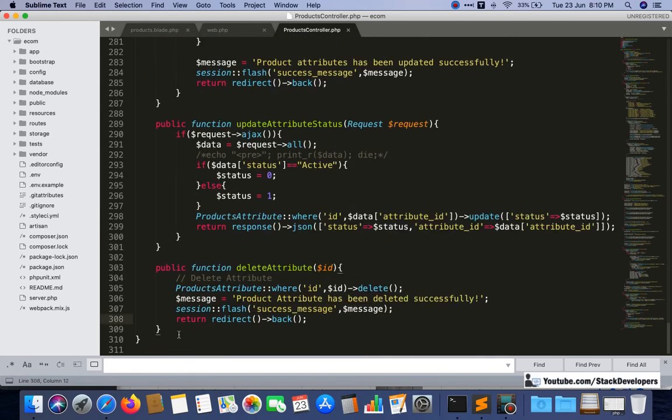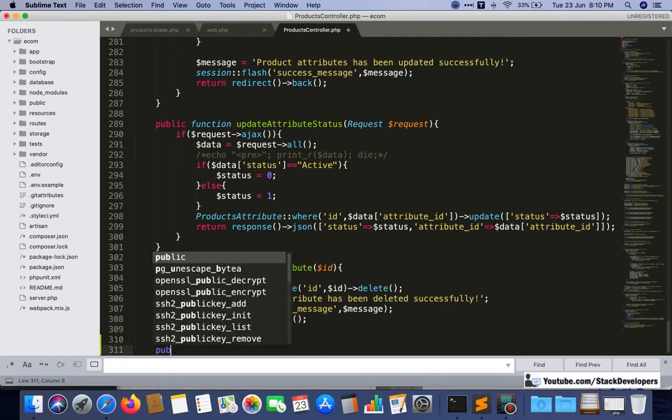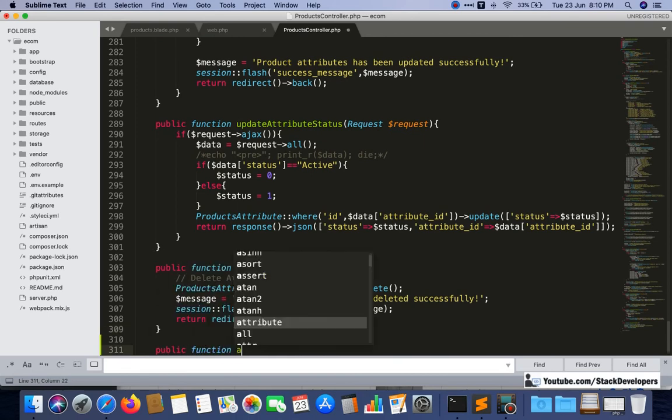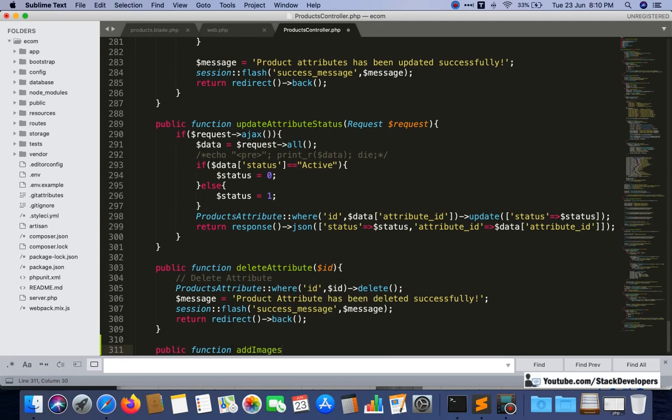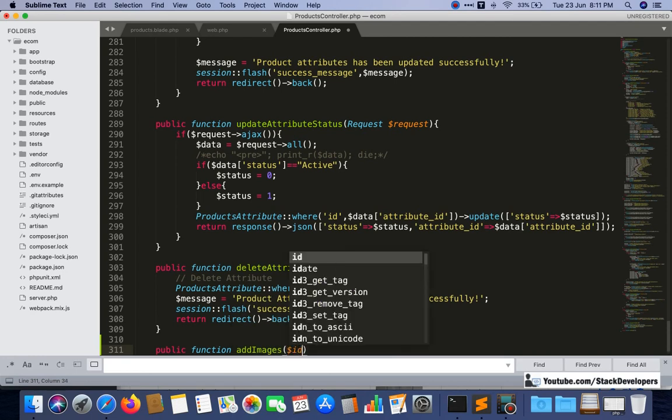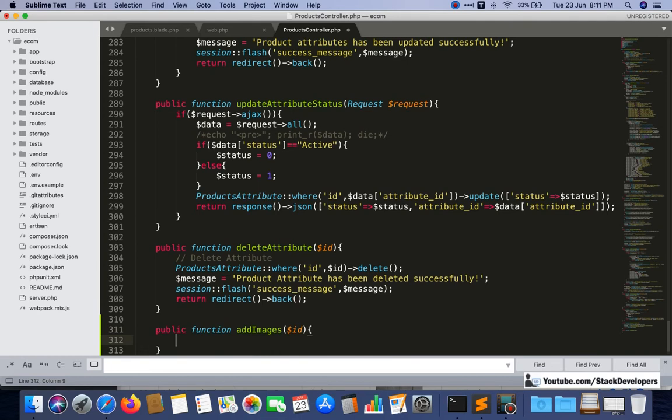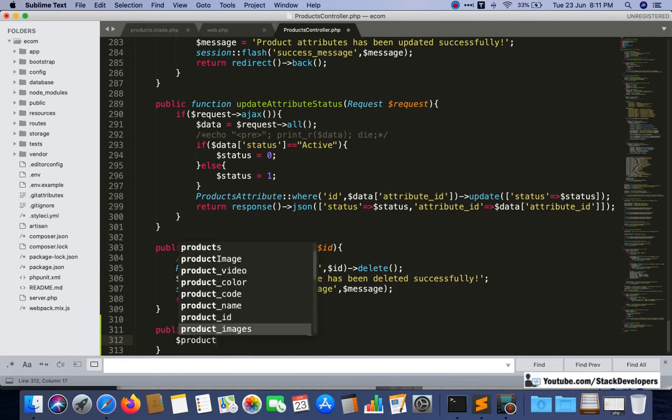Okay, here I am going to make the function: public function add images, and $id we are passing, the product id. Here we are going to get the product data.